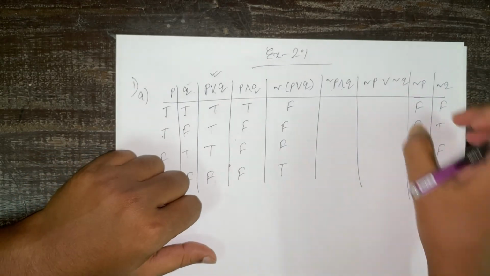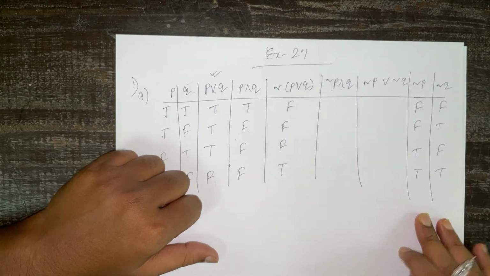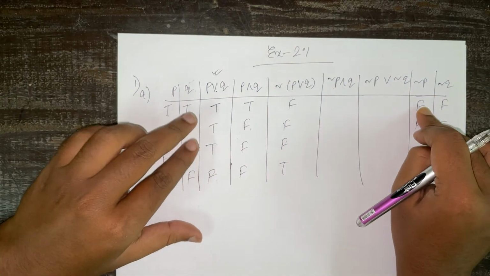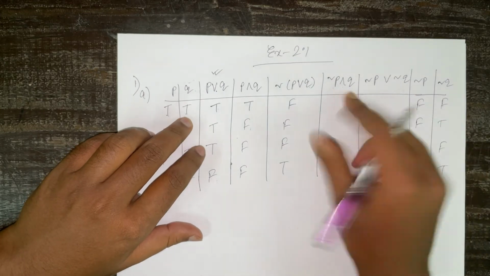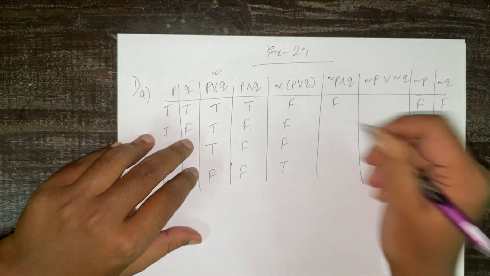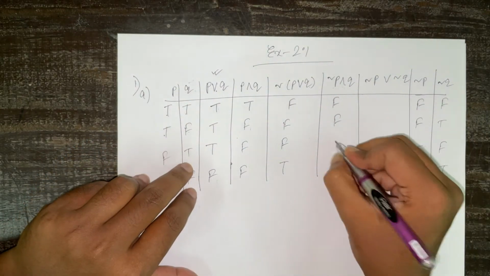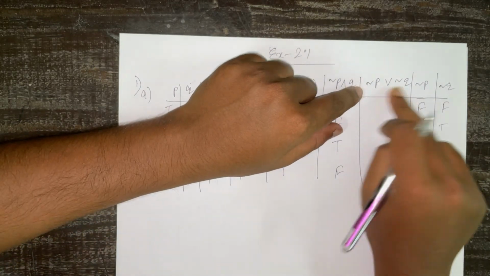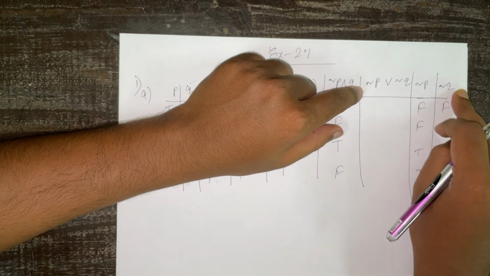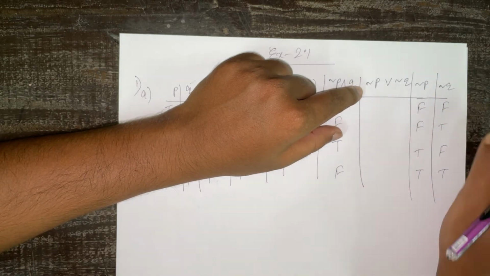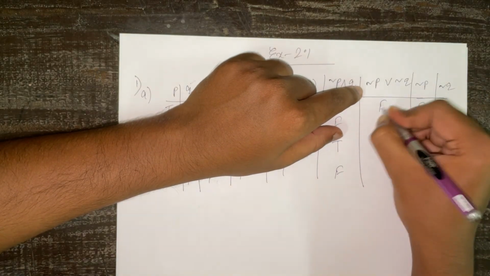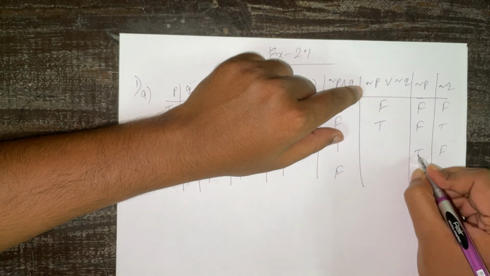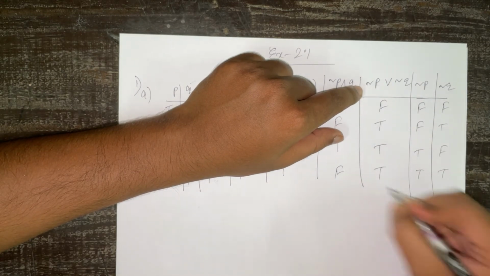Now it is going to be easy because now you can easily see it from here and write it here, okay. So negation of p and q, false, true, conjunction, it will be false, false, false, again false, true, true, it will be true, true, false, it will be false. And finally this one, disjunction of negation of p and q. Disjunction means if any one is true, it is going to be true. So false, false, it is going to be false, false, true, it is going to be true, true, false is going to be true, true, true, it is going to be true.